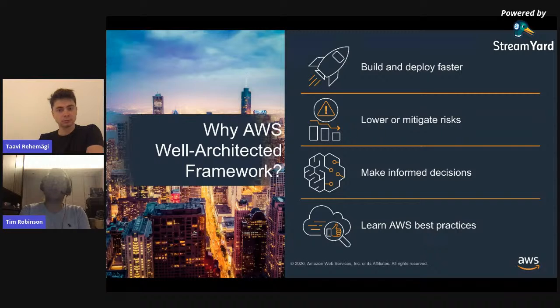If we look at lowering or mitigating risks, again, I just touched on security, and when I talk about risk, people normally associate it with security, but really this spans pillars, and this goes into both reliability and performance, and to a certain degree cost as well. Our review process and our alignment with best practice works to lower or mitigate all of those risks over a period of time.